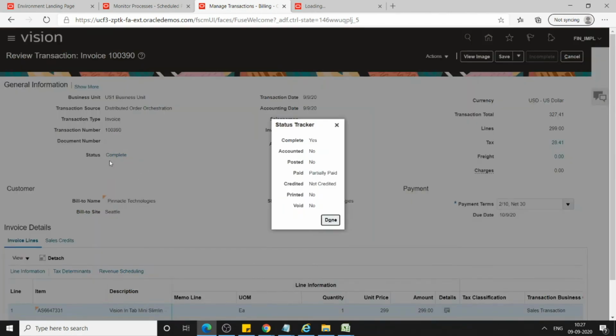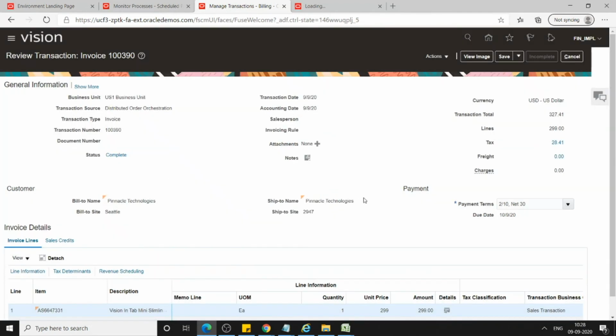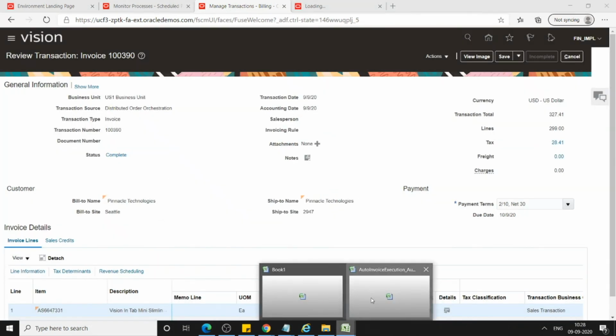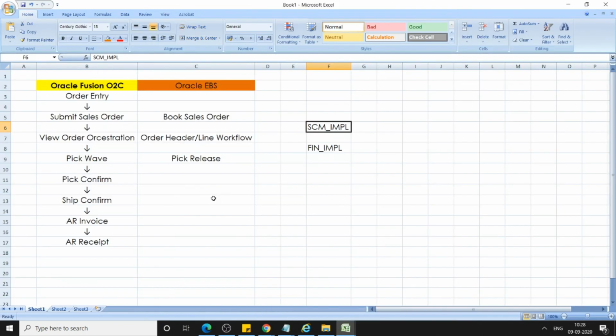Okay, so when you click on complete, it is showing as partially paid. Might be that there's some unapplied amount of $5, that could be the reason it is showing the status as partially paid. Okay, so basically this is the overall order to cash process. We have completed the entire order to cash flow.